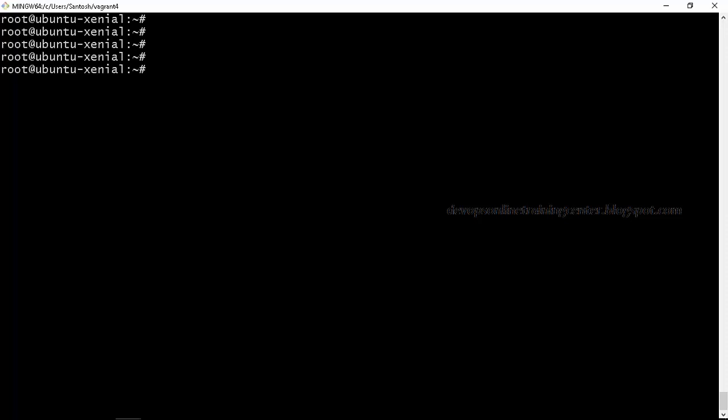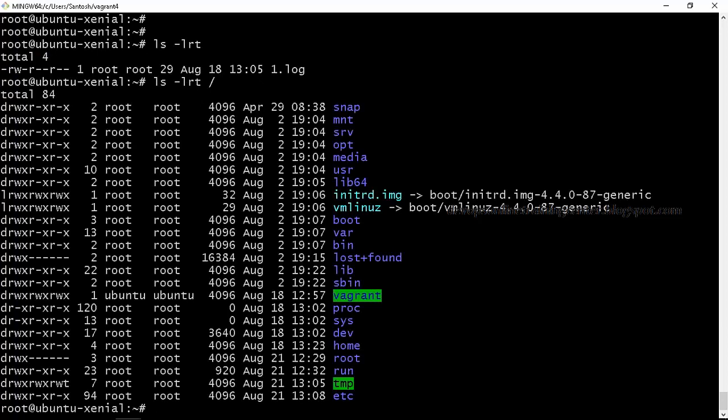Some of these things we'll see today, the shell properties. We type a command, ls -lrt, which lists nine columns. ls -lrt / lists all the columns for the / directory.